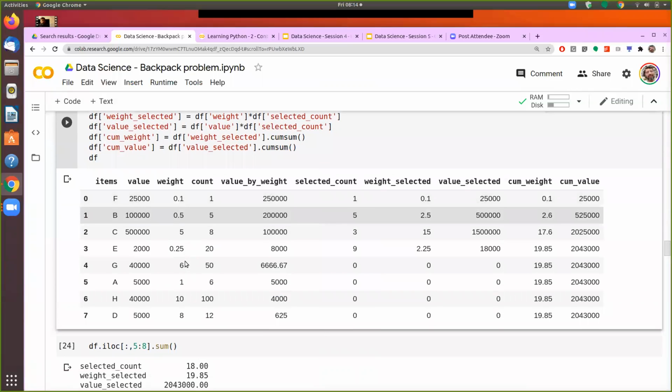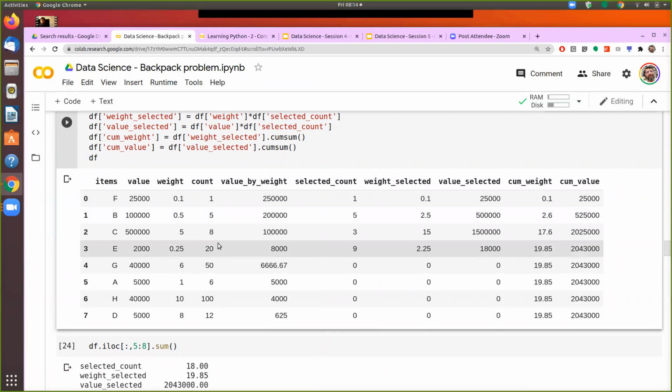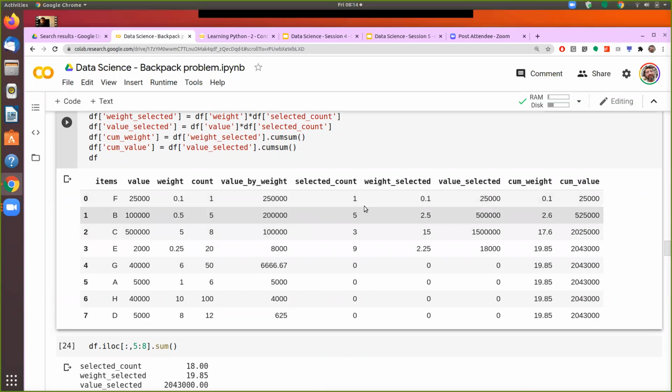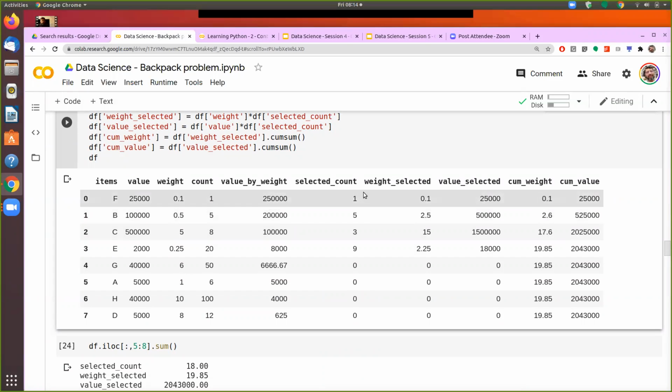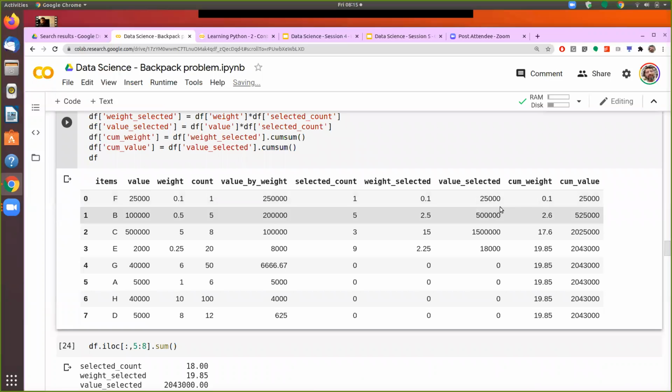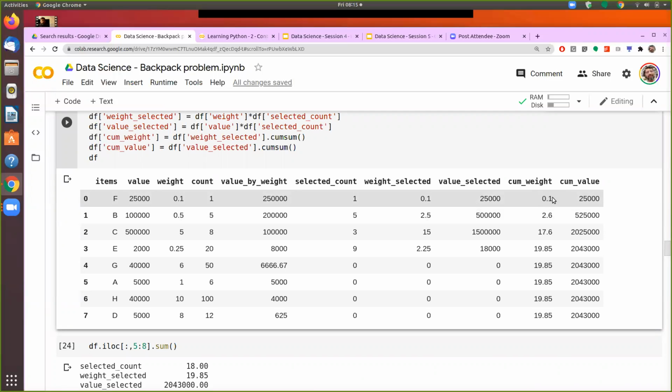Now I have the complete solution here, which shows that item number 1, I have chosen one of the item F. The total weight because of that is 0.1, the value of that is 25,000, and the cumulative weight so far is 0.1. Cumulative value is 25,000.